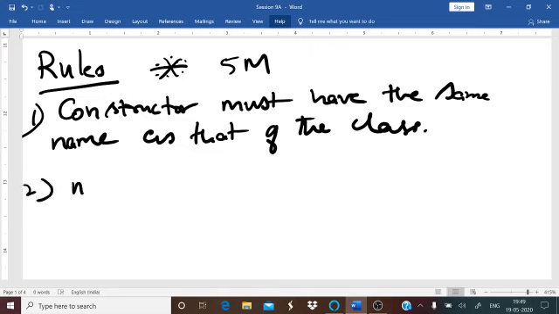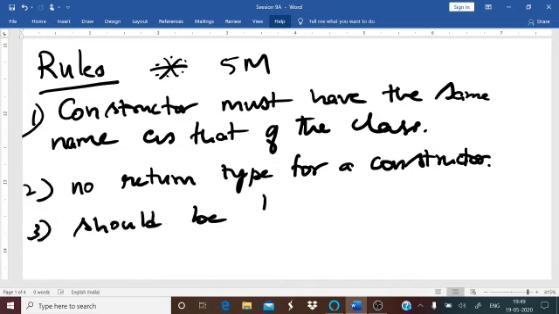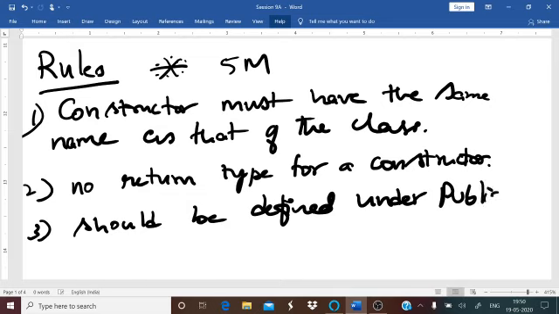And the next part, there is no return type for a constructor because you are using it for initialization, giving values. So there is no return type for a constructor. And constructor should be defined under the public specifier. You remember the access specifiers, private, public and protected. So it has to be defined under the public specifier.